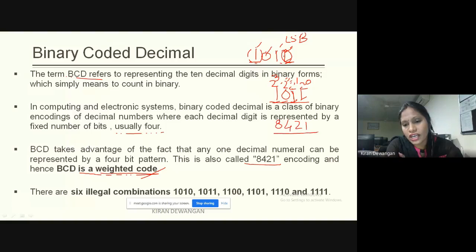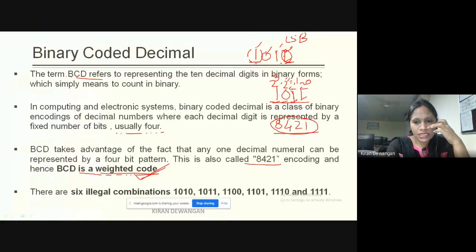Hence it is called the 8421 code. Are you guys clear with this? The 8421 code is a BCD code. Whenever we are talking about 8421, that means it is a BCD code. And BCD code will always be an 8421 code, and it is a weighted code.